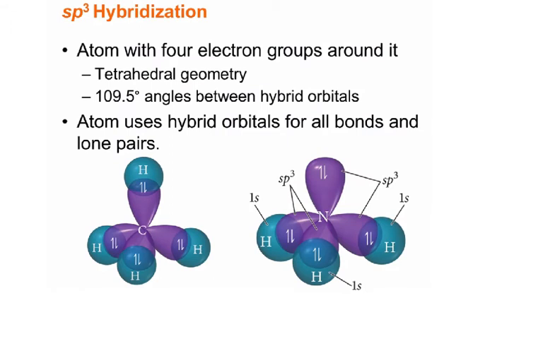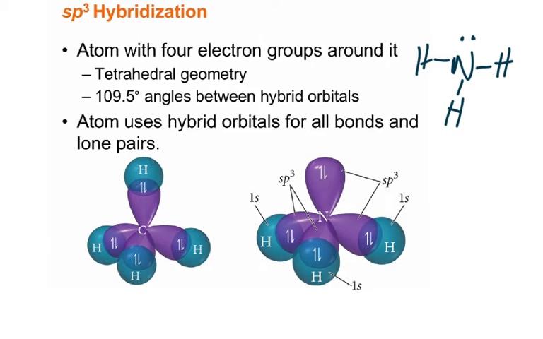So this is what it would look like after sp3 hybridization takes place. You'll have an atom with four electron groups around it, which is a tetrahedral geometry. Angles will be 109.5. Okay, and the atom will use the hybrid orbitals for all bonds and lone pairs. Here you're seeing all bonds, but a molecule such as ammonia, which has an electron geometry of